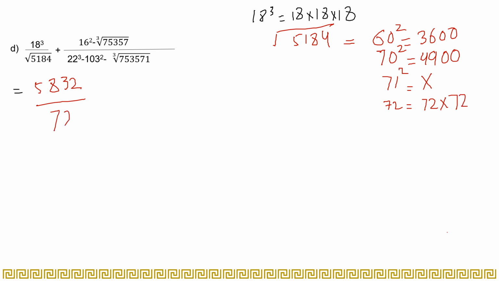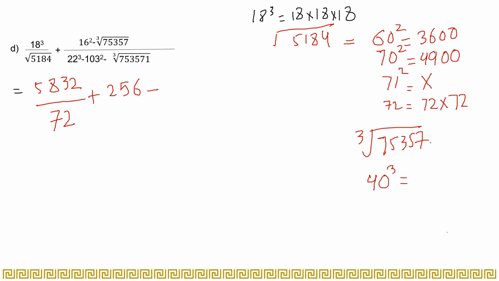So you will write 72 here, plus what about 16 squared? When you multiply 16 two times, you get 256, right? Now you have to find the cube root of 75357, right? Now let's look for numbers, maybe we can try 40, and when you do 40 cube,